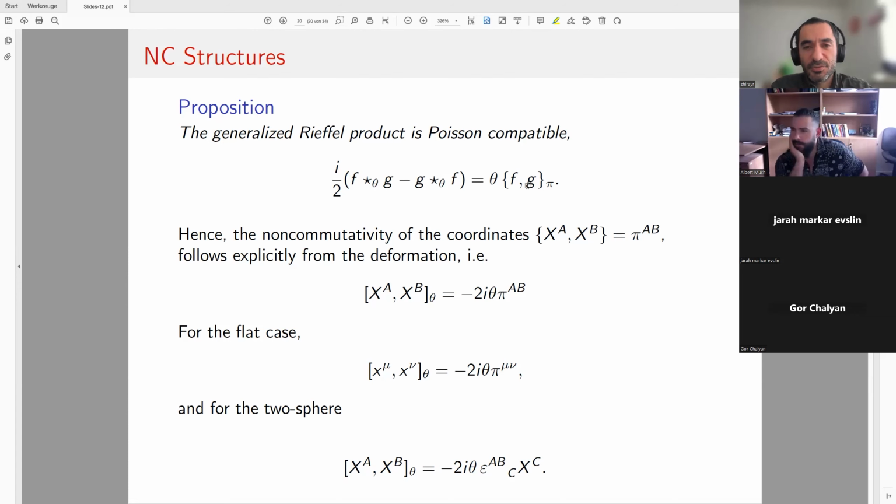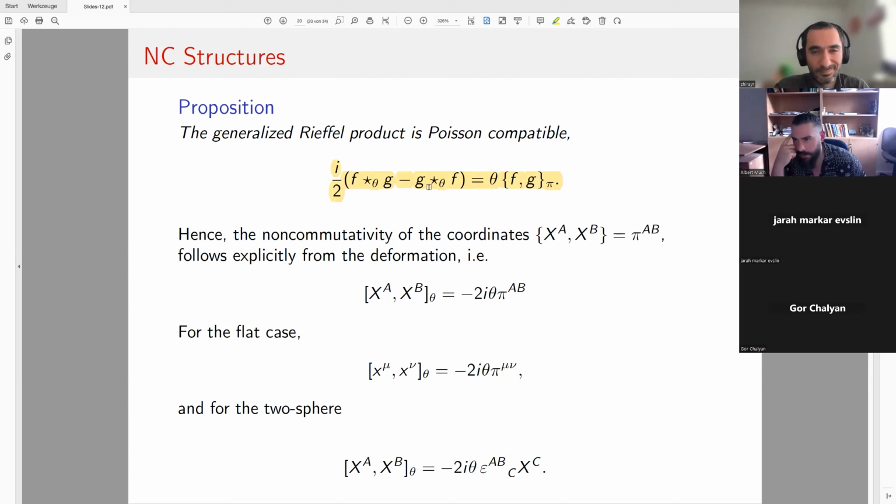Is this equality strict, or is it in the first order in theta? Or this is just for Dirac, you mean? No, here. Here it is for the first order of theta. First order, exactly, because at second order you get second order derivatives. And this is also, by the way, one condition that is required of a star product, which Kontsevich defines that way, and many others: that it is Poisson compatible, they call this.